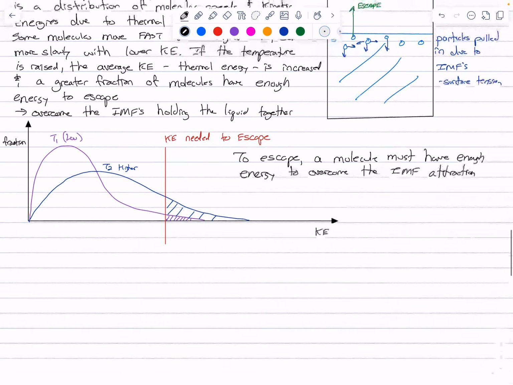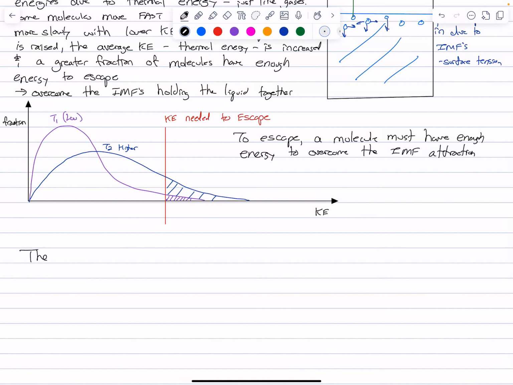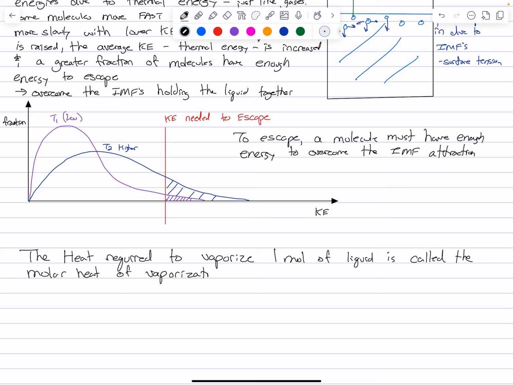And you guys know, we've talked about this before, the heat required to vaporize 1 mole of liquid is called the molar heat of vaporization. It is always endothermic